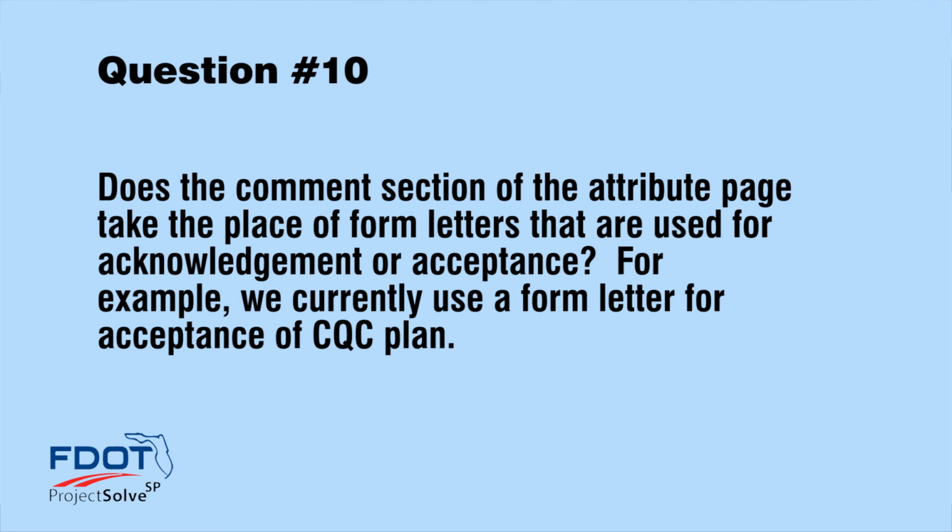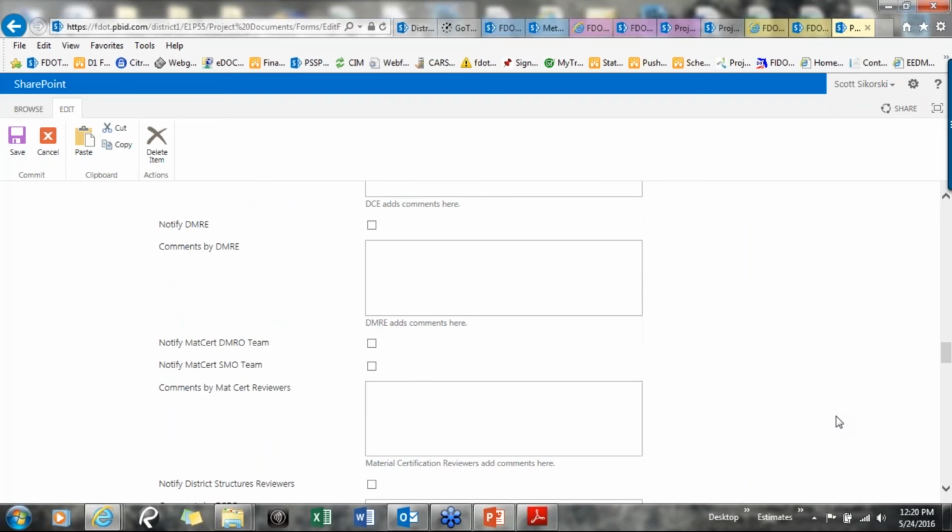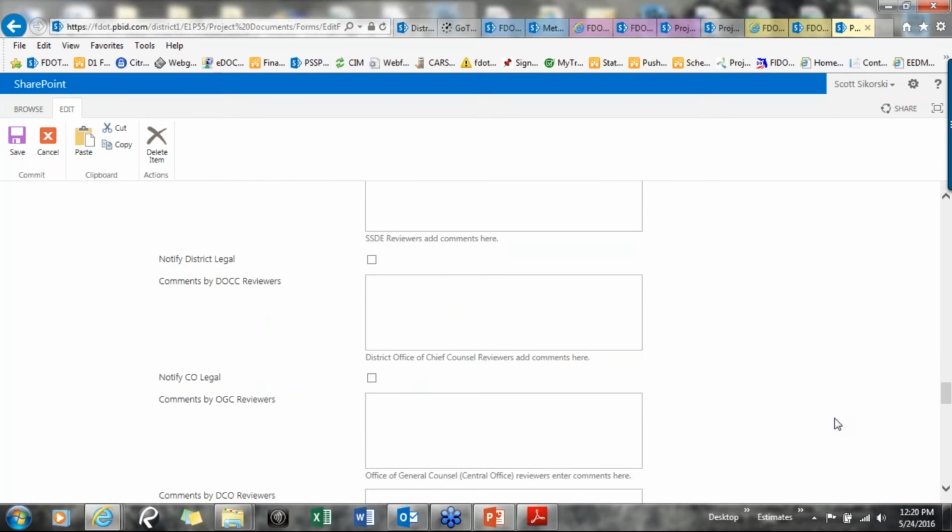The main thing is it coming from the proper person? Oh, I see what you're saying. The rest of the question is, for example, we currently use a form letter for acceptance of the CQC plan. So whatever they put into the final response for that document, if you scroll down right there, Scott, the final response right here,